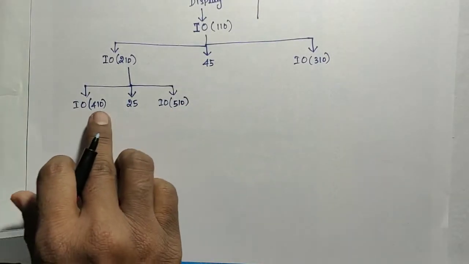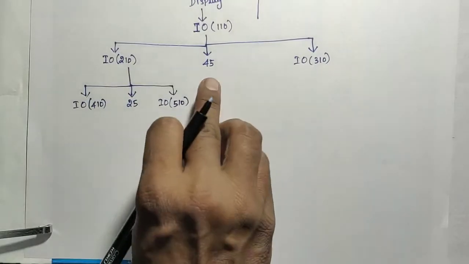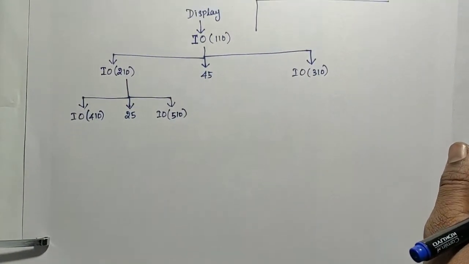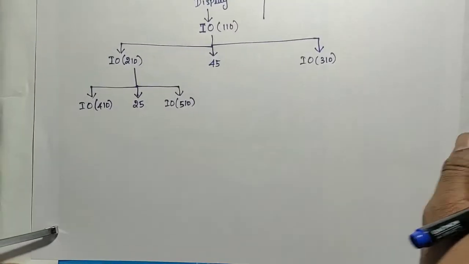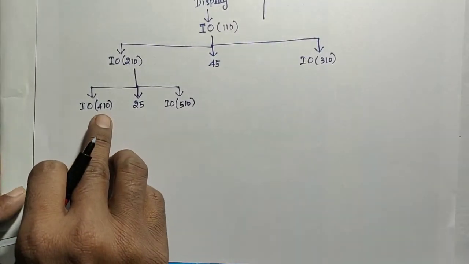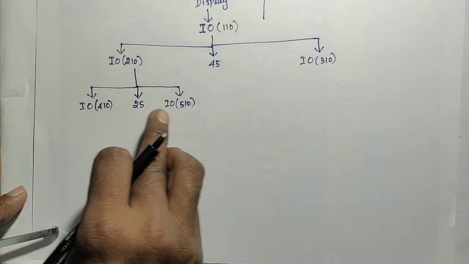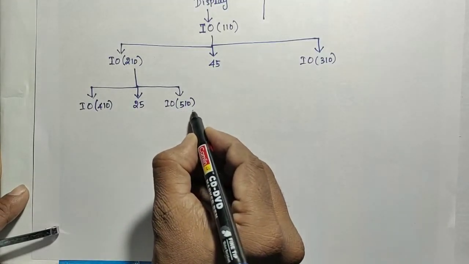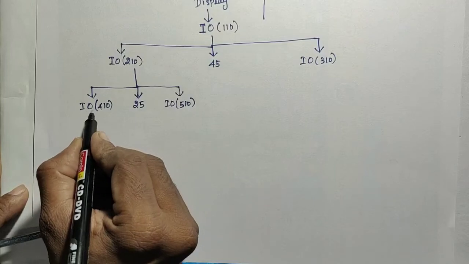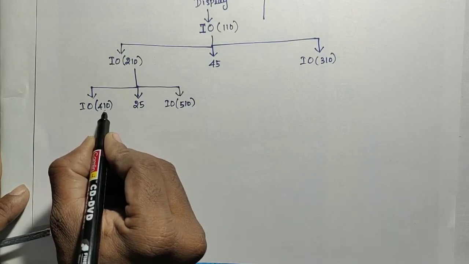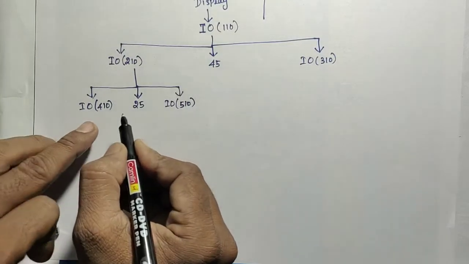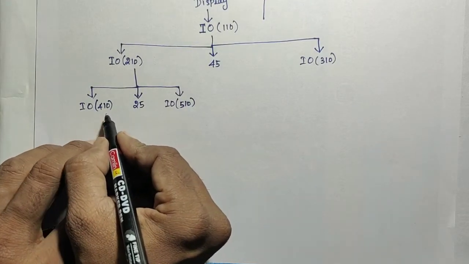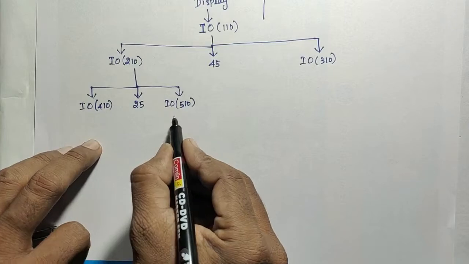Okay, this is the code for what? The 210. So still the 45 is not printed on the screen, correct? The screen is empty. Still we have the three calls, that is in order of 410, 25 and then in order of 510, three statements. These two statements will get executed after completing in order of the 410, correct? So I need to call this function, complete this function, expand this function first, then second and third, like that we have to come.